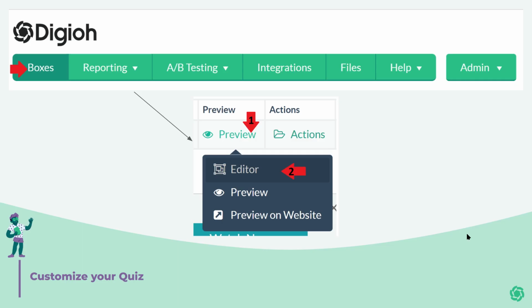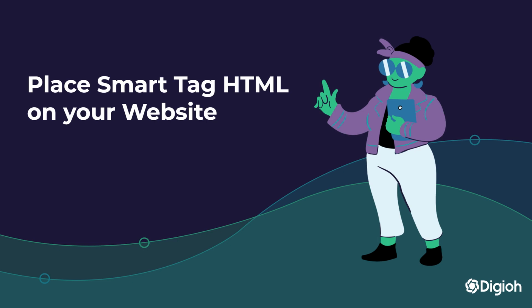To get to the editor, you can go to the Boxes tab in your account and then click on Preview and then Editor next to the box that you just created. Next, place your smart tag in your site where the quiz should show. This could be a specific page where the quiz will be displayed. You can also embed the quiz on other pages of your site, like a home page or a certain category